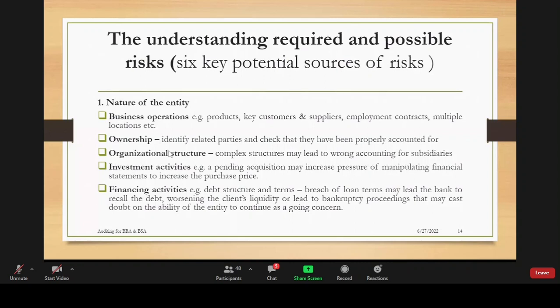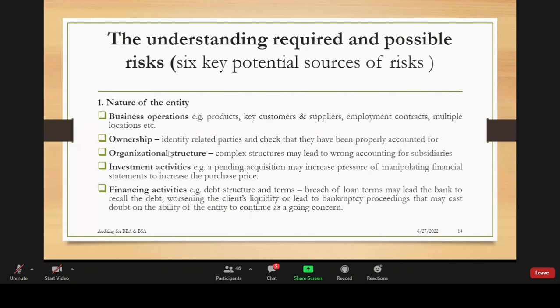The ownership. For example, where a business is owner managed, it is highly exposed to risk. The organization structure. Is this business a multinational? Where do they report? How many senior managers do they have? Where does this chief finance officer report? Where does the internal auditor report? Do they report here? Do they report to Nairobi?